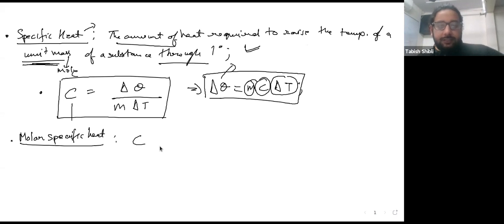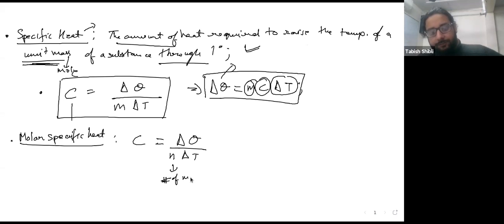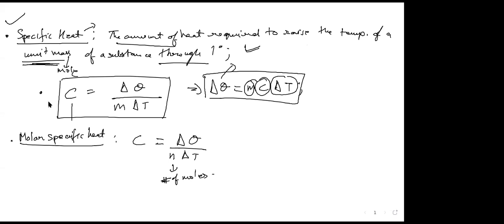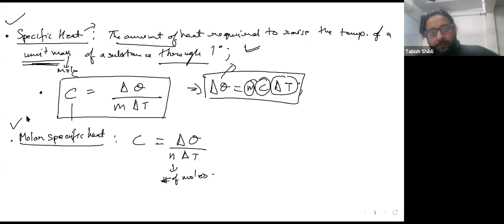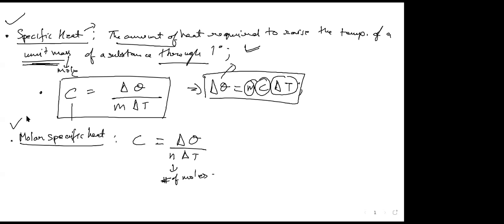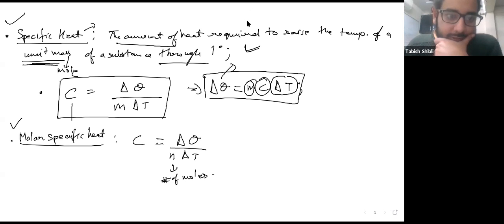So how will you define this C, this new C? Well, you'll define this similarly as delta Q by N delta T, where N is the number of moles. Okay. Generally, one uses a specific heat in physics and one uses molar specific heat in chemistry. Generally, that happens. Okay. Any question, अभी तक? No, sir. Lovely. Okay. Now let's move on to another definition, which is very, very closely related to specific heat,